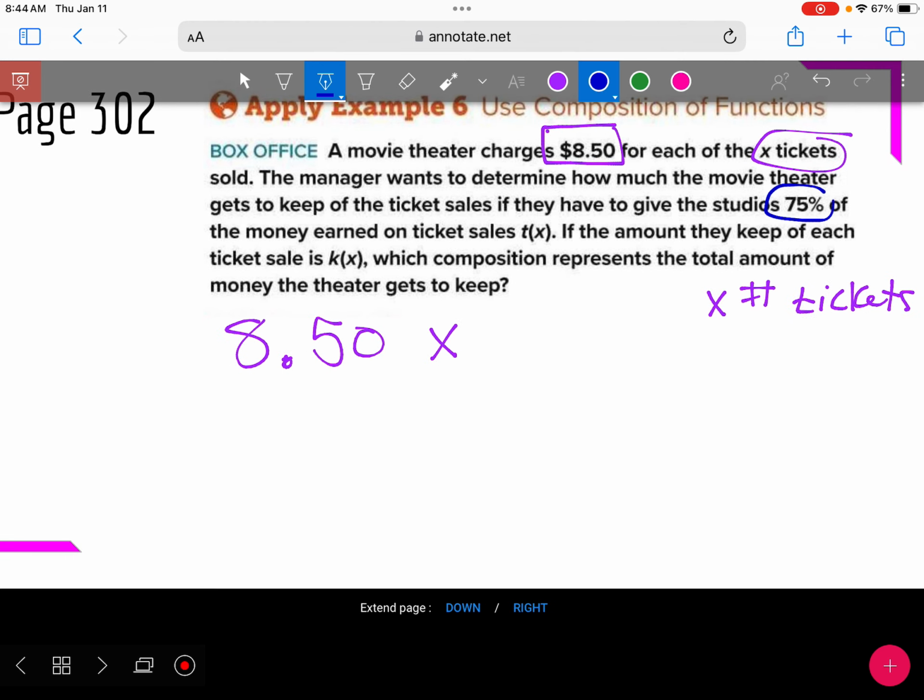And they have to give the studio 75%. I'm going to put this as maybe an equals Y. Y is the money made